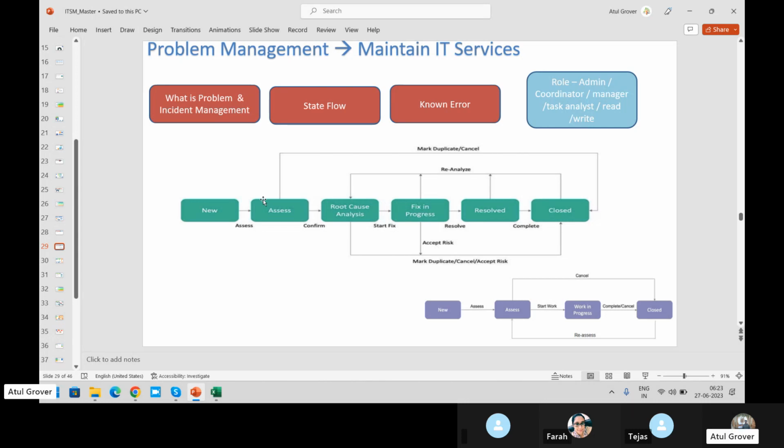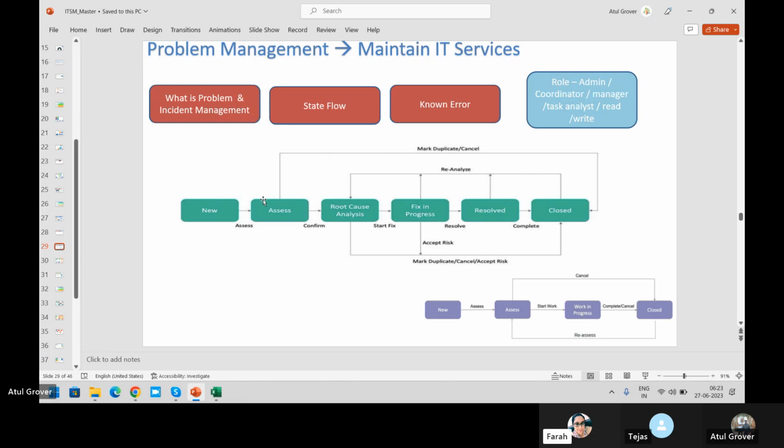Any doubt, any question? You can ask, then I'll start. This is the standard, the basic steps to handle a problem. Not basic steps, it's a standard. We have to follow this because ServiceNow uses these steps in the tooling part as well.